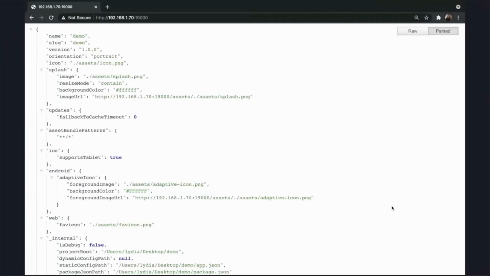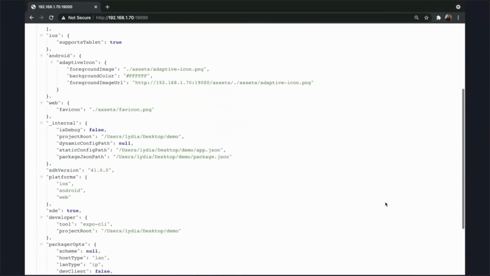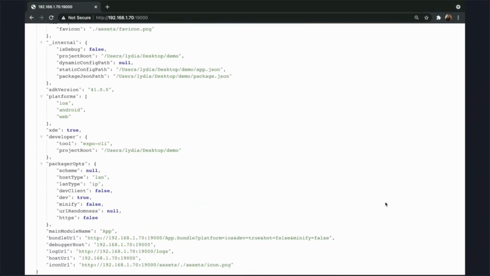We can also see some of the files that are generated and available on the server. When we visit the root URL, we will see the manifest.json. The manifest dictates the name of our app, the icon, some development fields like where to send the development logs, and so on. You can see the manifest.json as Expo's equivalent to the index.html that we need in order to run a website. It's basically the root file that is used in order to tell the client where to load